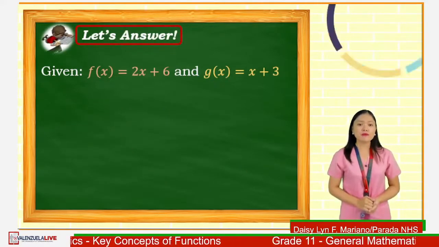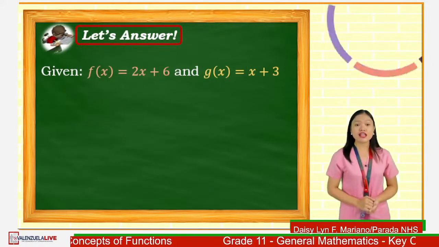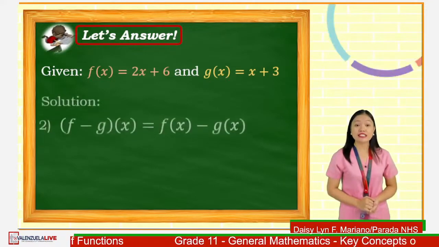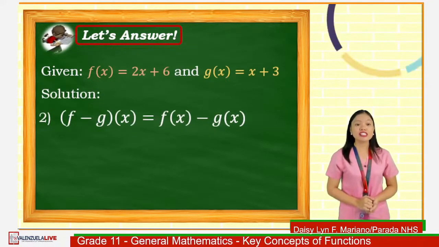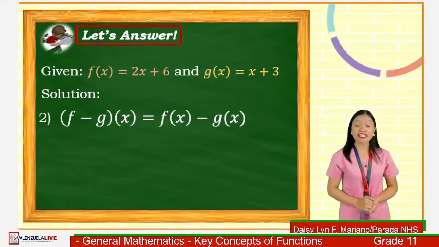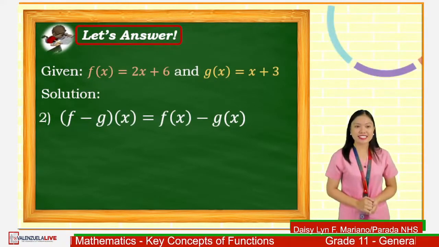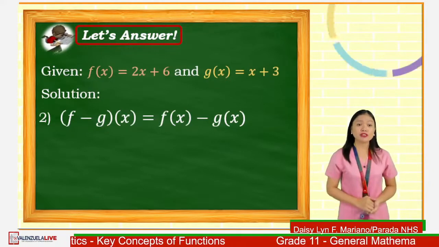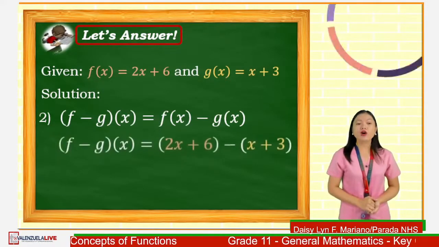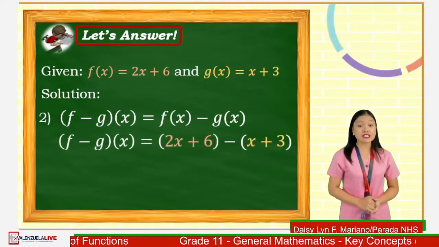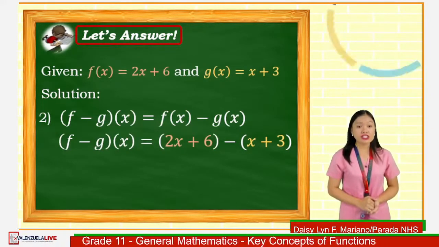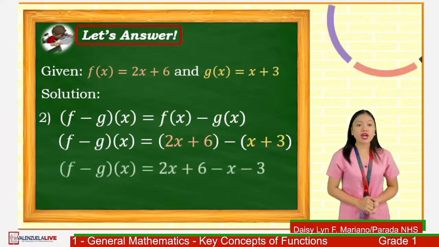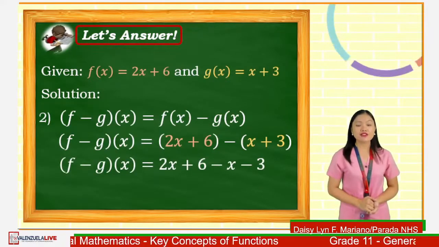For number 2, given the same functions, let us find the difference. That is f minus g of x, which is similar to f of x minus g of x. Let us now substitute the given functions. We have the quantity 2x plus 6 minus the quantity x plus 3, which is similar to 2x plus 6 minus x